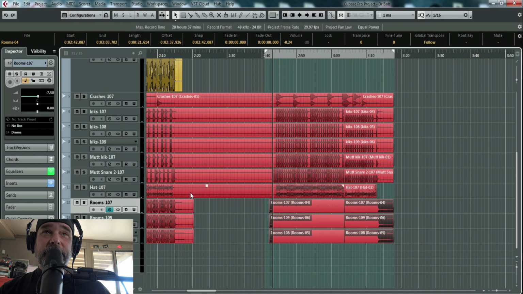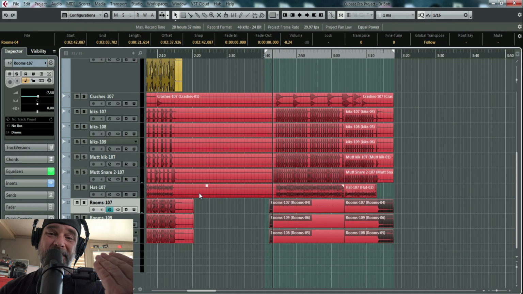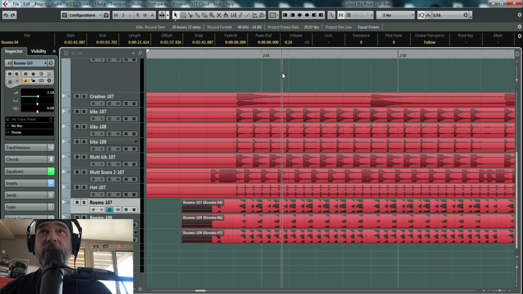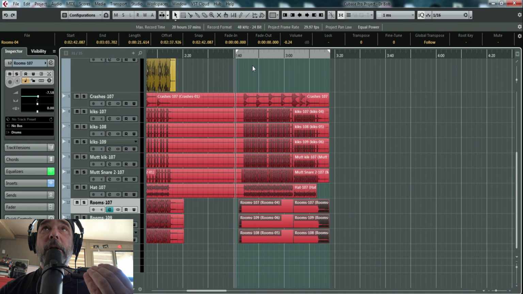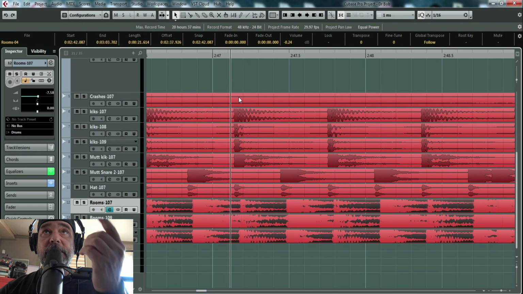So, instead of turning the rooms down in the mix, I still want the punch and the ambience from those rooms. Let's find a way to do the opposite of what we did in the verse or in the first choruses that were halftime. Let's shrink the rooms to make them tighter to the transients that hit here